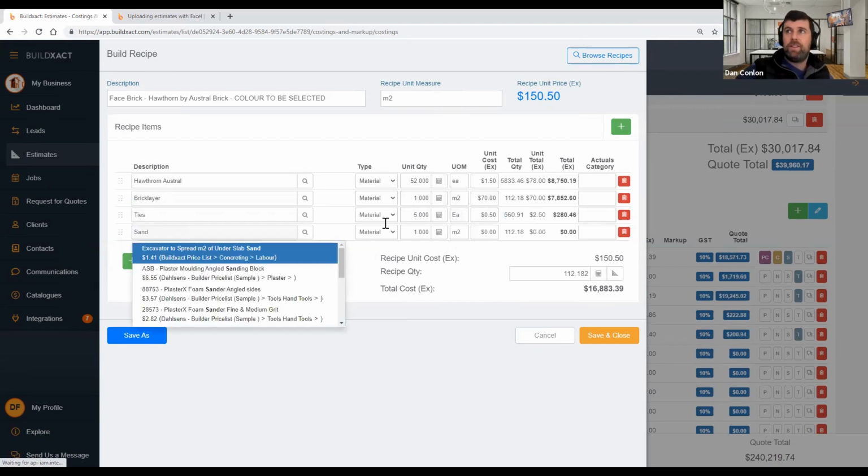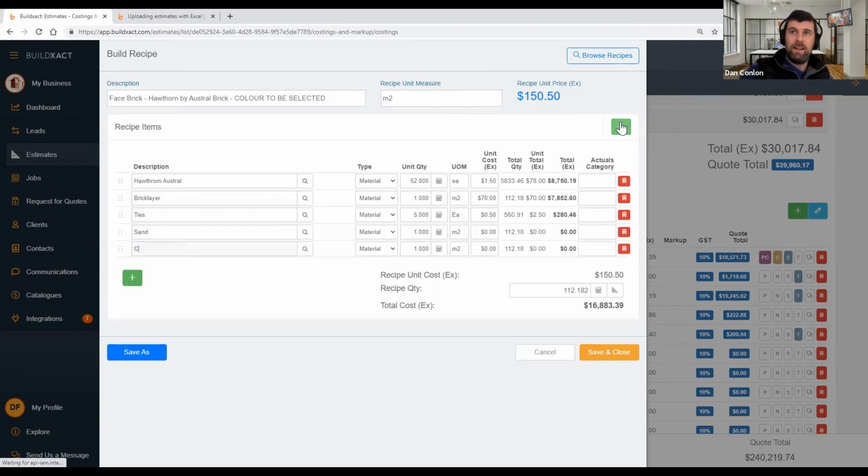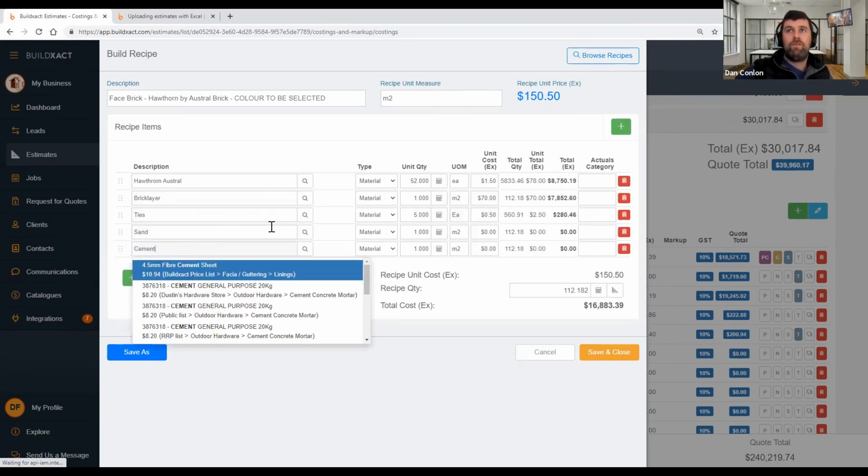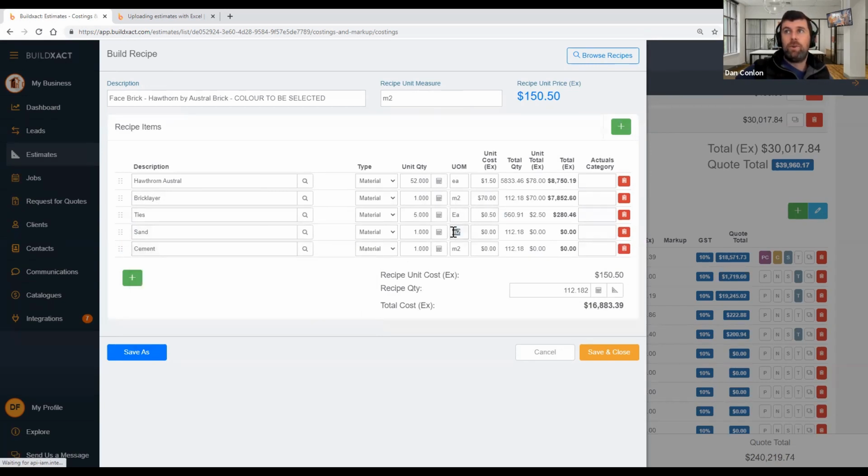Then we get into stuff that's a bit more curly, like sand and cement. And the reason it's curly is if I want to split this into cubes of sand, where it's $75 a cube, or cement, where, let's just say I'll do it per bag, at $8 a bag, I'm going to use less than one of these in a square meter. So it's going to be a fraction, and that's where it gets a bit confusing for people. The way I think of it is